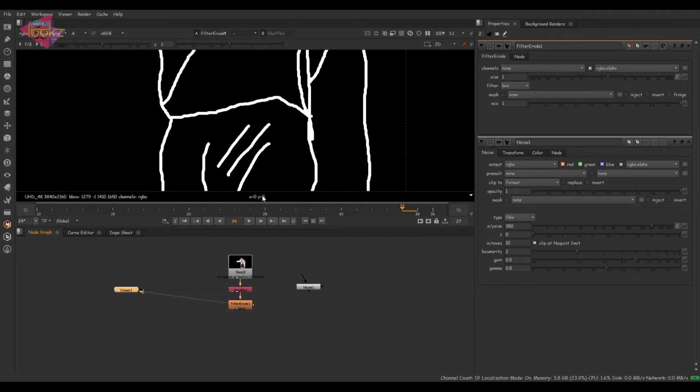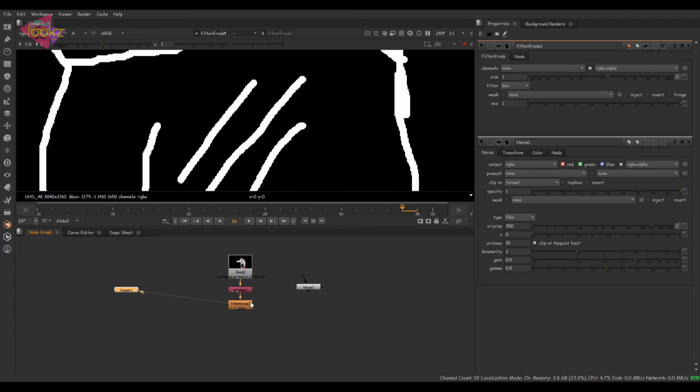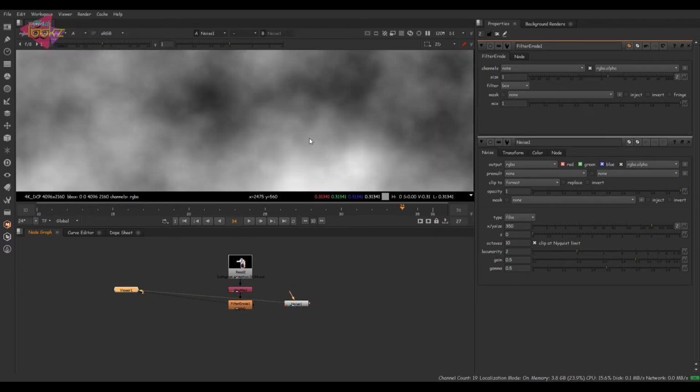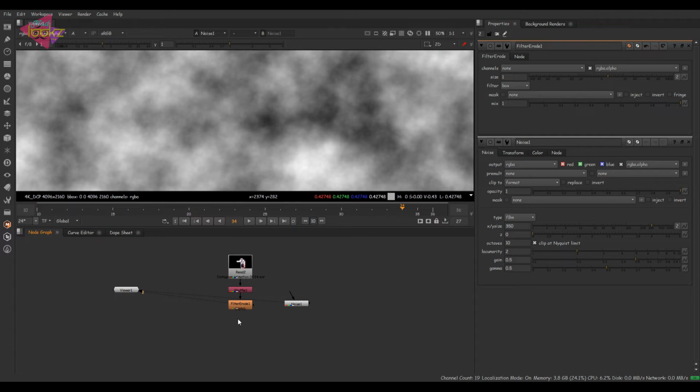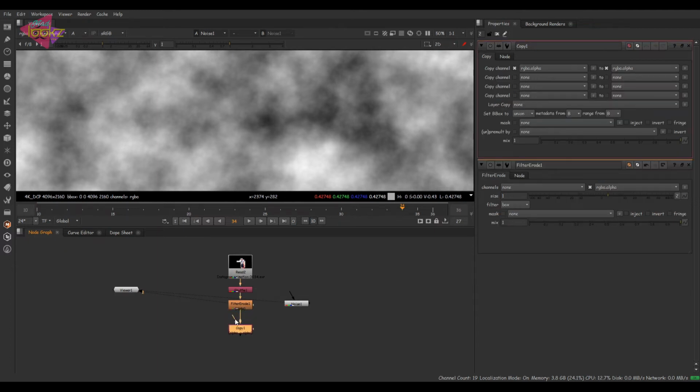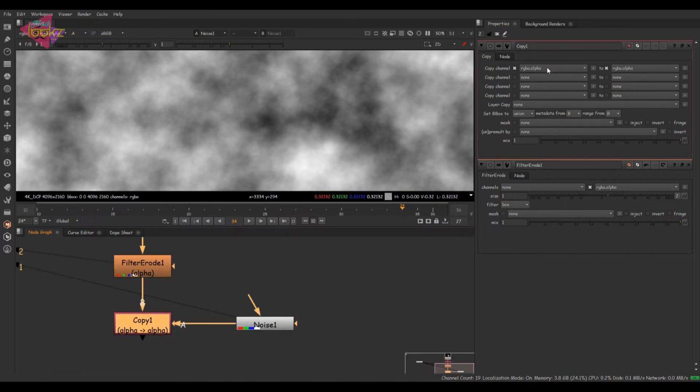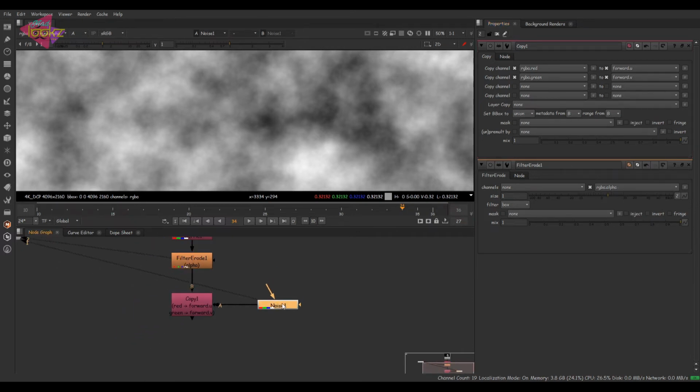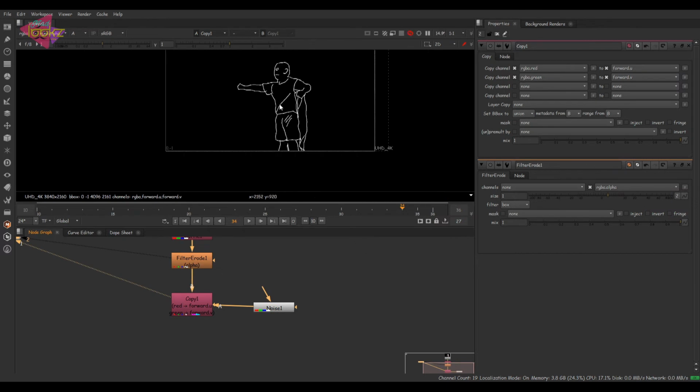This is the difference. Now I'm taking the noise node and I'm going to distort it. For that I'm taking a copy node and connecting it to the noise node. From the noise, I'm copying RGBA red and RGBA green into a new channel, forward U, forward V. So now we have a new channel here, forward.